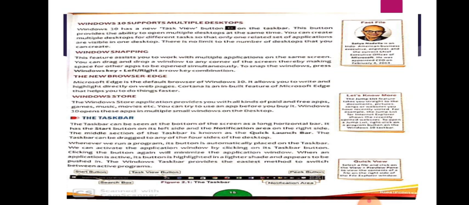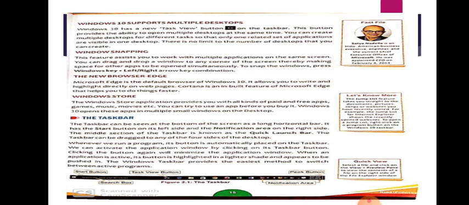This Task View button is on the taskbar and provides the ability to use multiple desktops at the same moment. You might need multiple desktops for different types of tasks when using applications on one single desktop. The Windows snapping feature assists you with more than one application on the same screen.